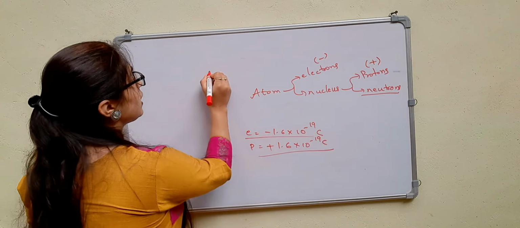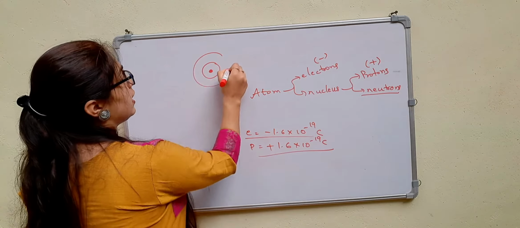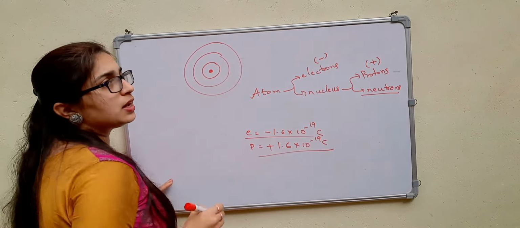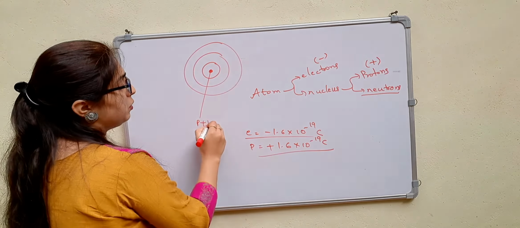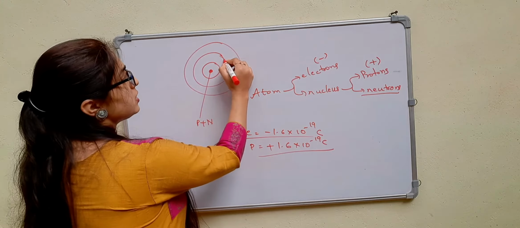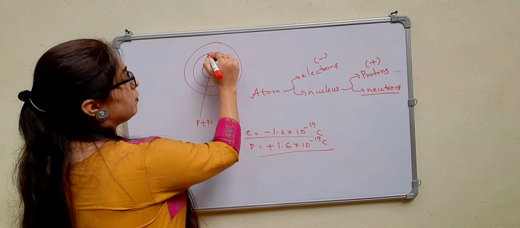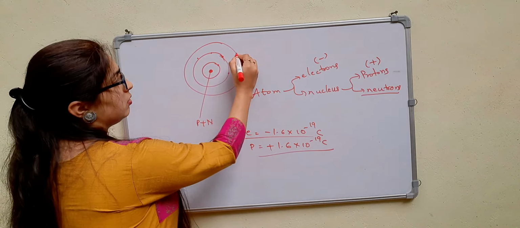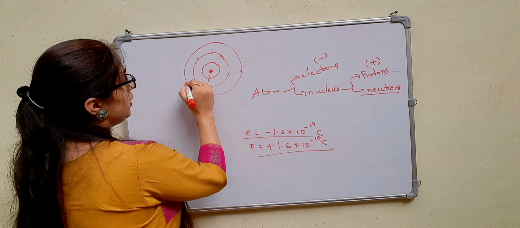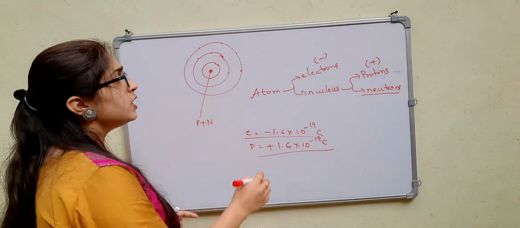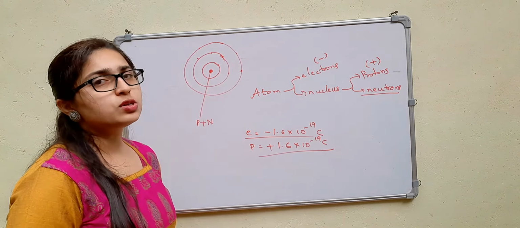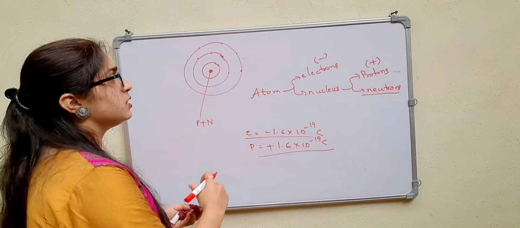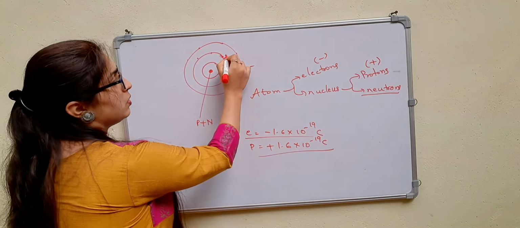Okay. So if I consider a nucleus, here there are orbits. This nucleus consists of protons and neutrons. Here we have protons and neutrons. These electrons will be revolving in the orbit around the nucleus. So they are bound to the orbits. That is because of the force of attraction of the protons. These are the electrons, right?